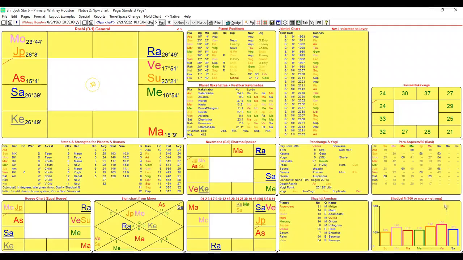Yes. Like you have shown us by using multiple dashas, like Jaimini Chara Dasha, Shashti Amsha Dasha, Vimshottari Dasha, Yogini Dasha. That is a good thing. I have learned many things in today's presentation, especially how to club multiple dashas in one chart by using multiple divisional charts. If they're very far off from each other, there's something wrong